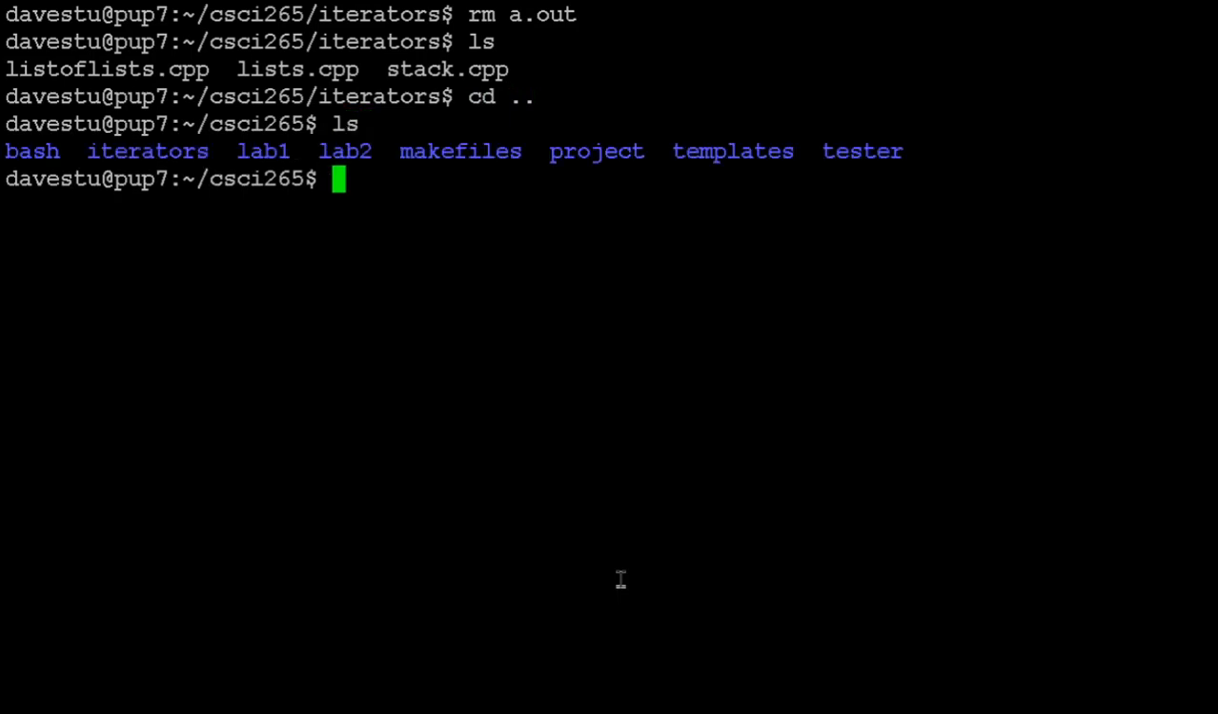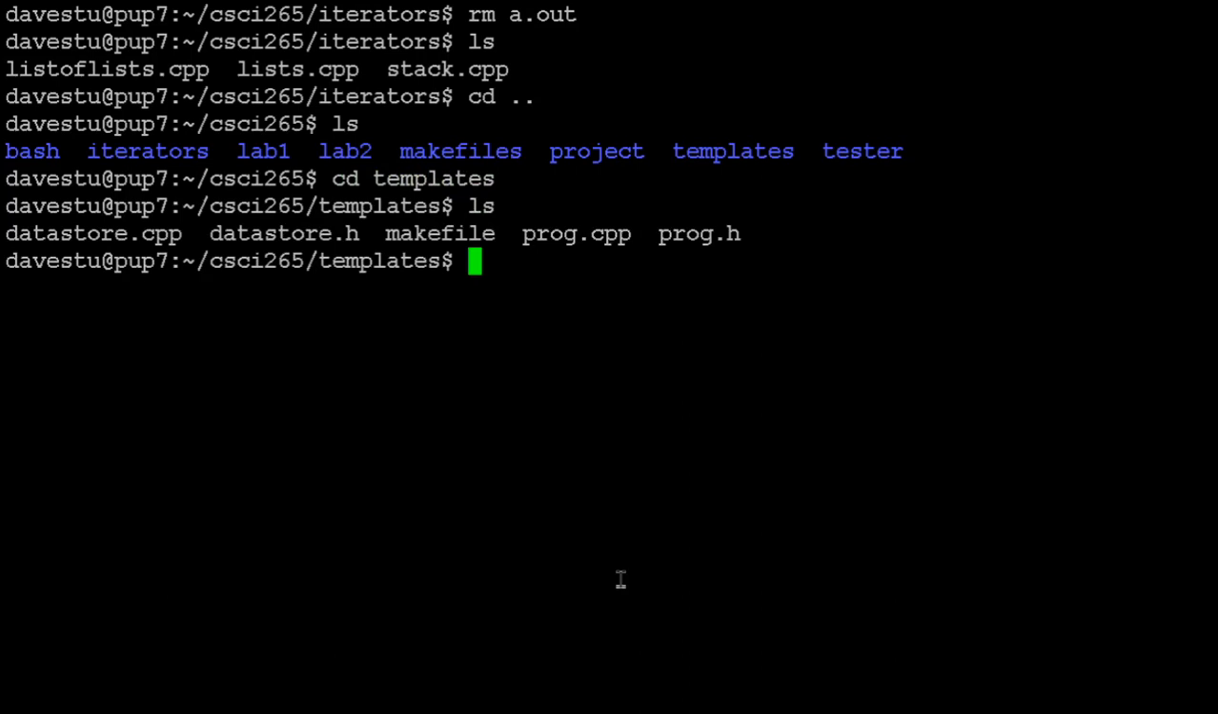Where did I put this? Let's go into our templates. I think that's where I put this. So in this one, we've got,